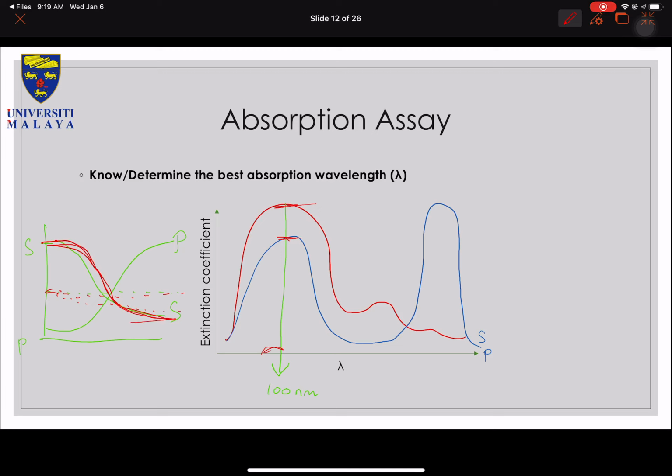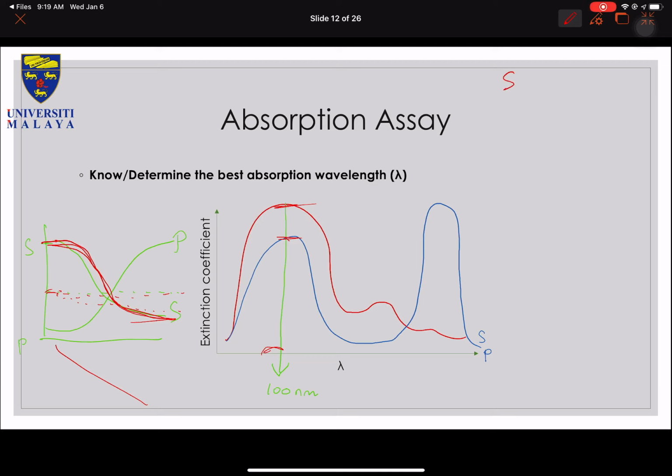Of course, this one is before you do some rearrangement, and you'll finally get a straight line where you can really do calculations and whatnot. Okay, but that's a different theory. So if you move back to determining the best wavelength, what you want is something that has a lower